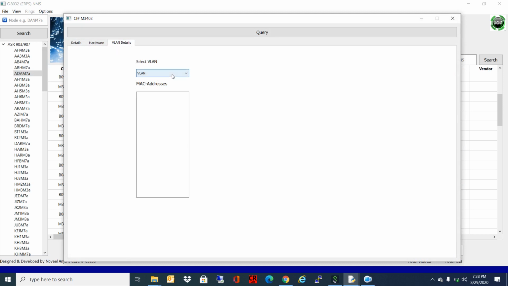So once we press this drop down list, all the VLANs will be displayed over here. Once we select a VLAN, it will display all the MAC addresses learned through this VLAN. So this feature is not yet enabled. So in the future, inshallah, we will implement this feature as well.